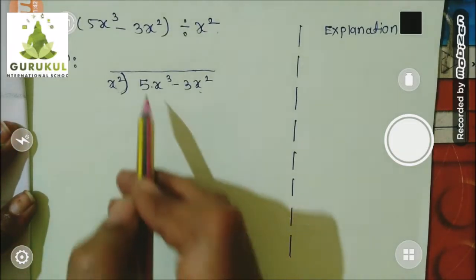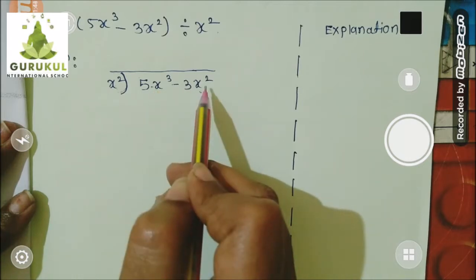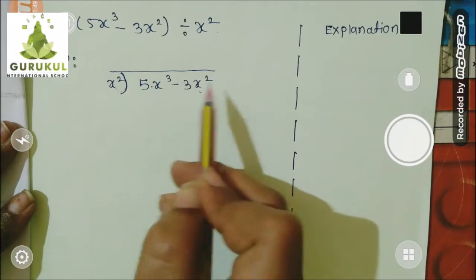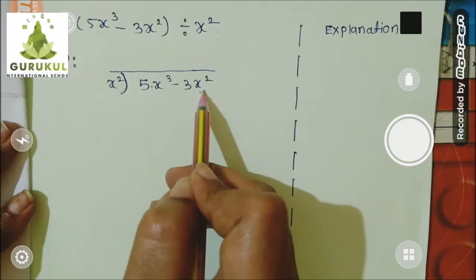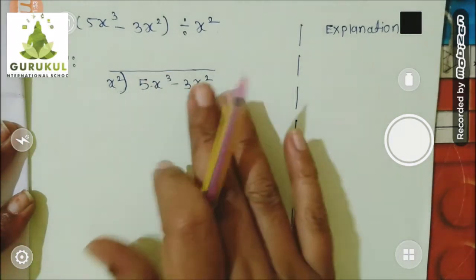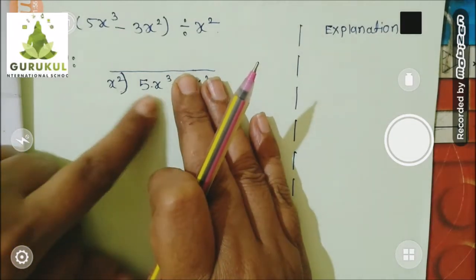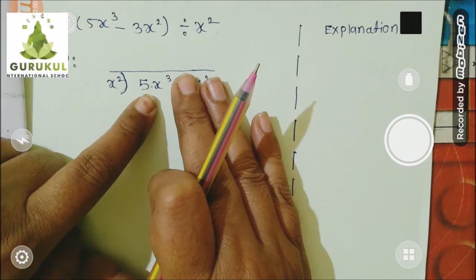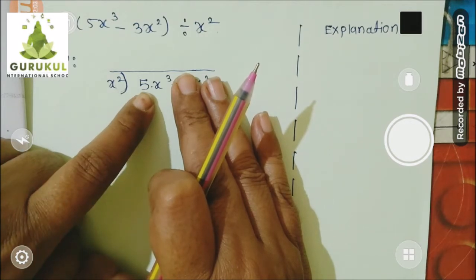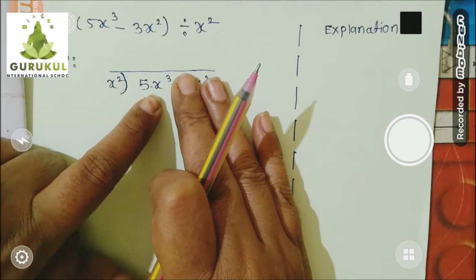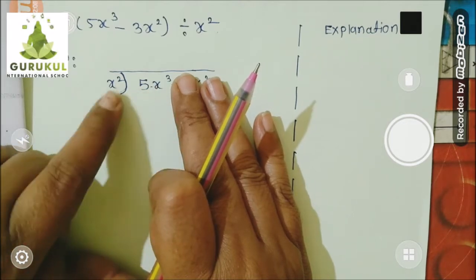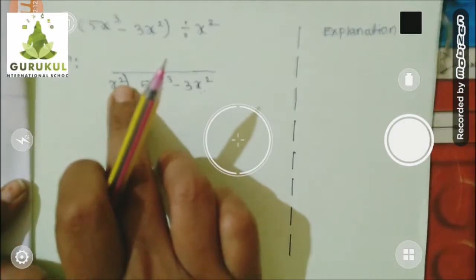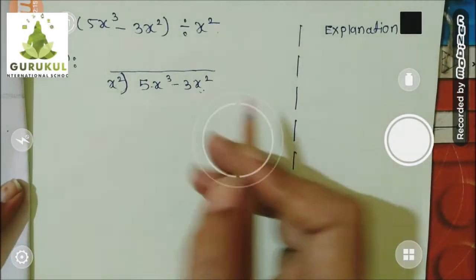Step number 3. This time, children, two terms are there. So for division what will you do? Whenever two terms or more than two terms are there over here, you first consider the highest index term for division. And the highest index term is this one only. We have already arranged, so obviously the first position will take the highest index term. So divide the highest index term by this first, and then in the second step, divide this by this. Okay. So let's do the first step.